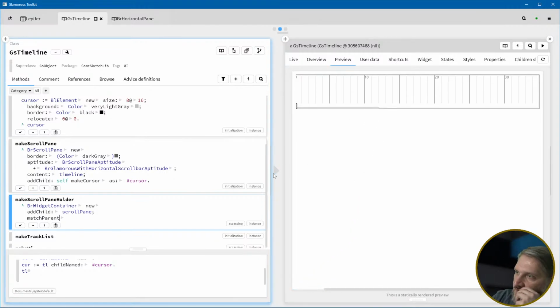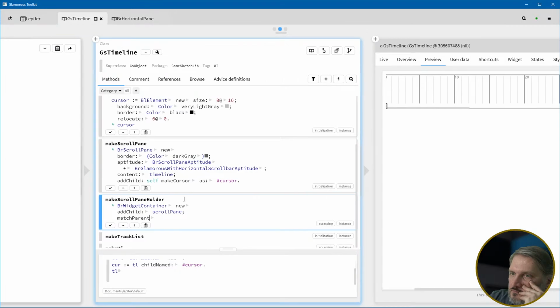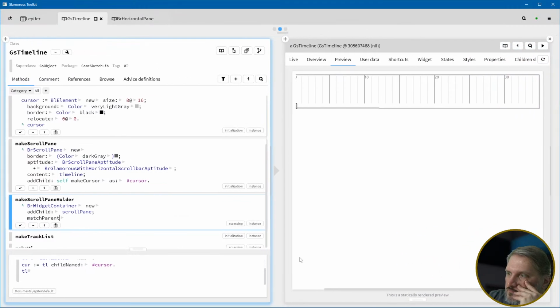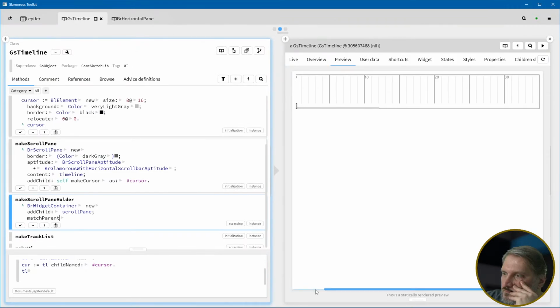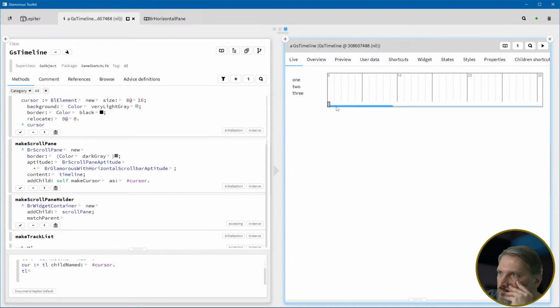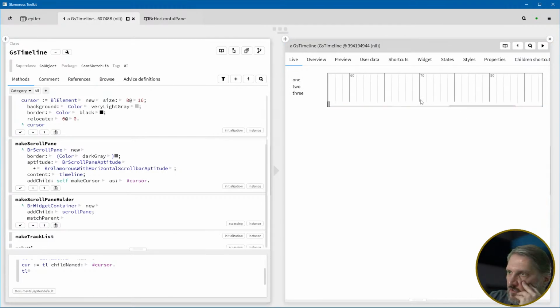Not quite what I wanted though. It actually is what I want here. That actually fits right. It fits exactly the way I want it to fit. This scroll bar doesn't work. Okay. All right, so now